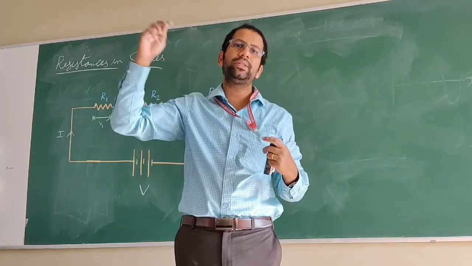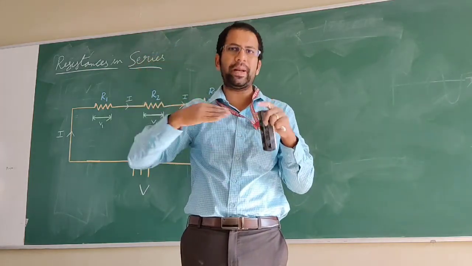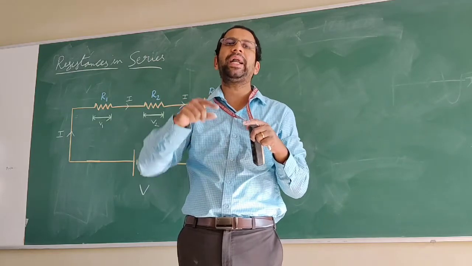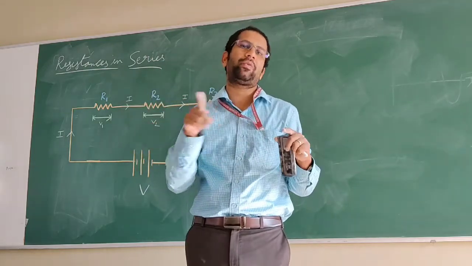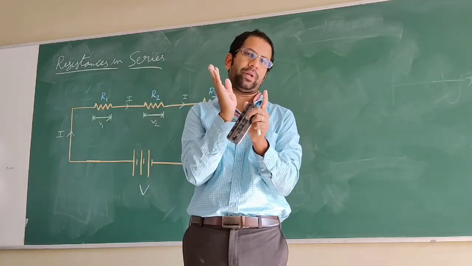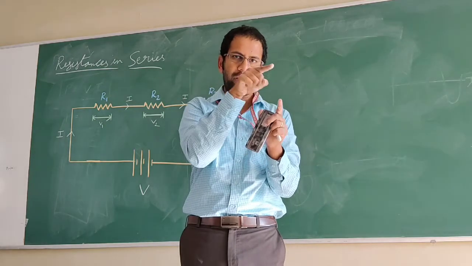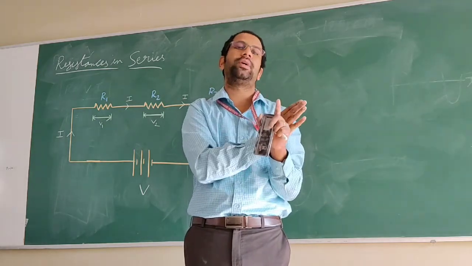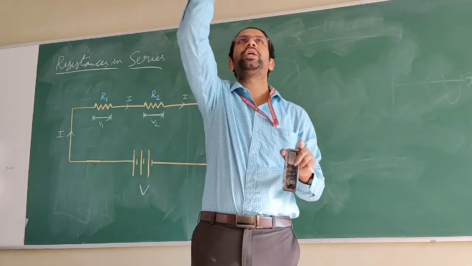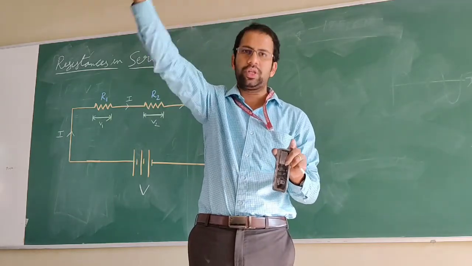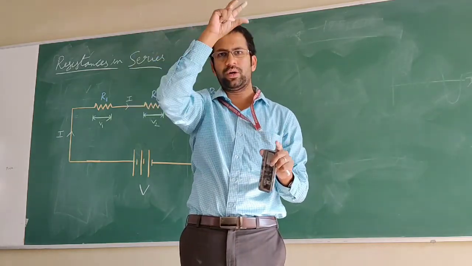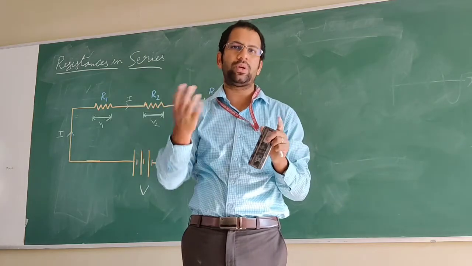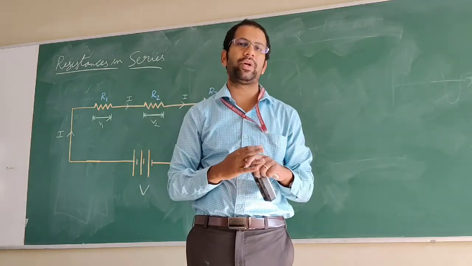So if it is off, your house is supplied with electrical power, but current will not flow through that equipment because the switch is open. When you press the switch, it closes the circuit, and current will flow. Hence current will flow through the circuit of the fan or the tube light, and it will rotate or glow respectively.